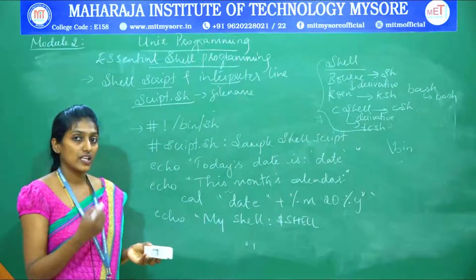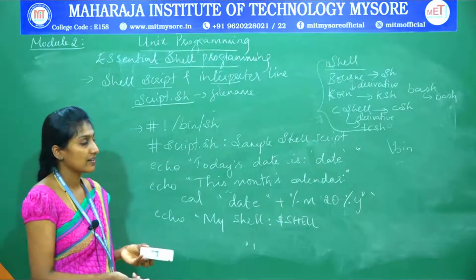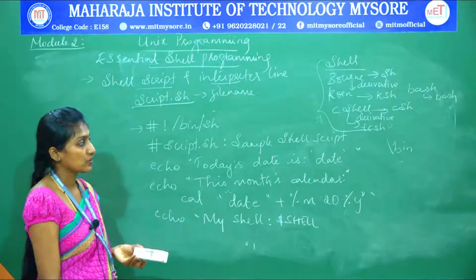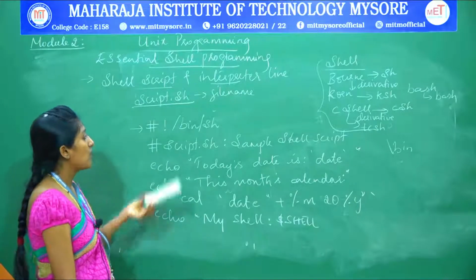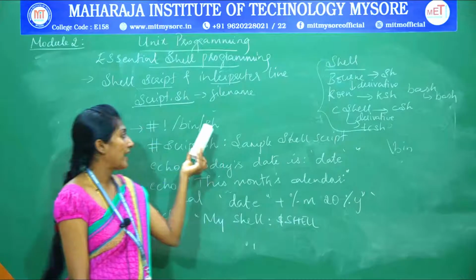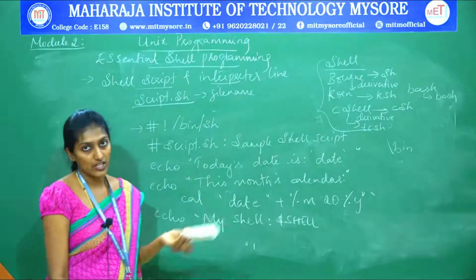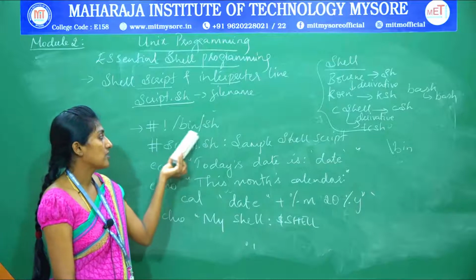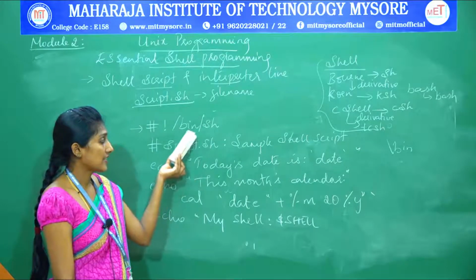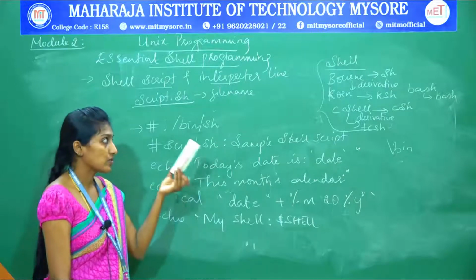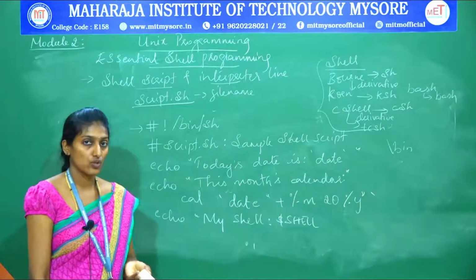For executing any shell script or a shell command itself, one of these shell variants will be used. As of now, this is the Bourne shell. It is like a parent shell for Korn and bash. If you have written it under this sh, and if you are trying to execute your commands using the Korn shell, even that is also possible.